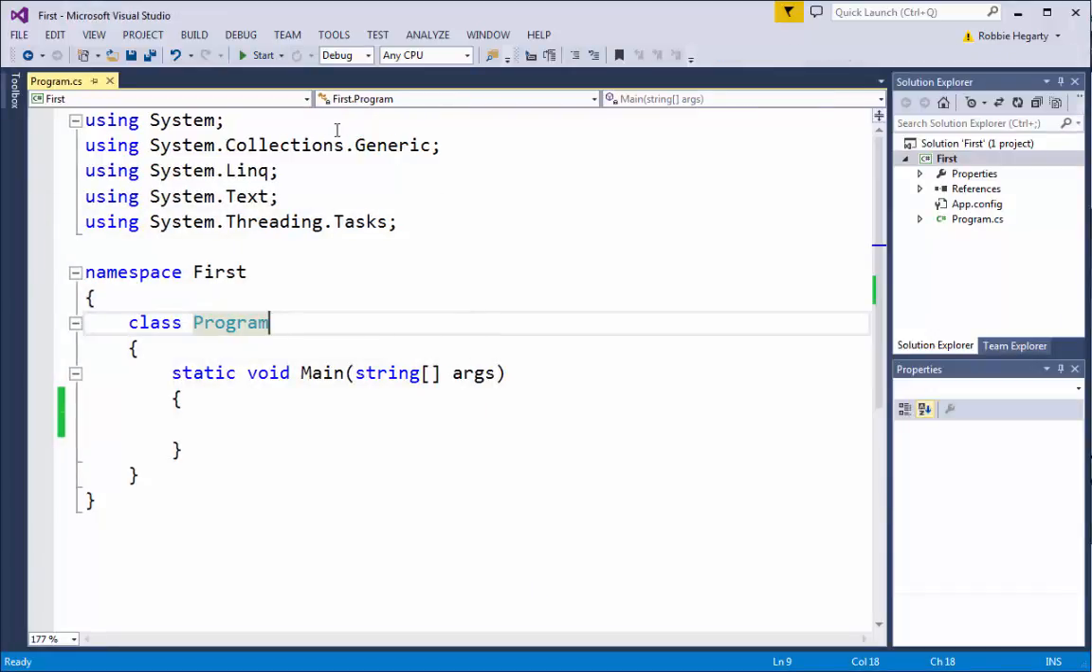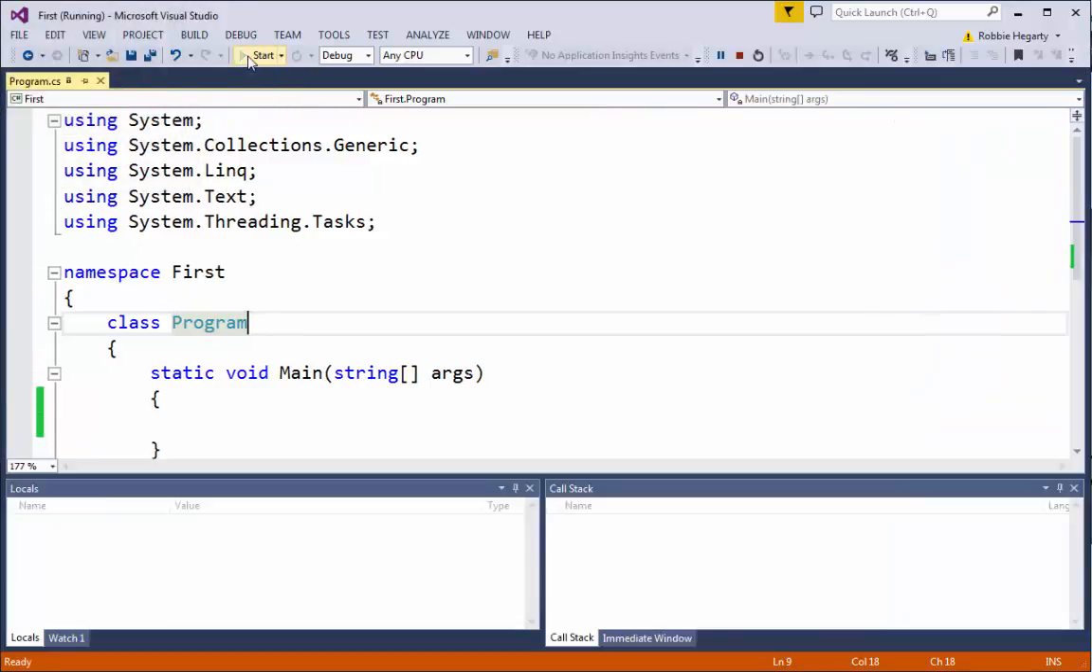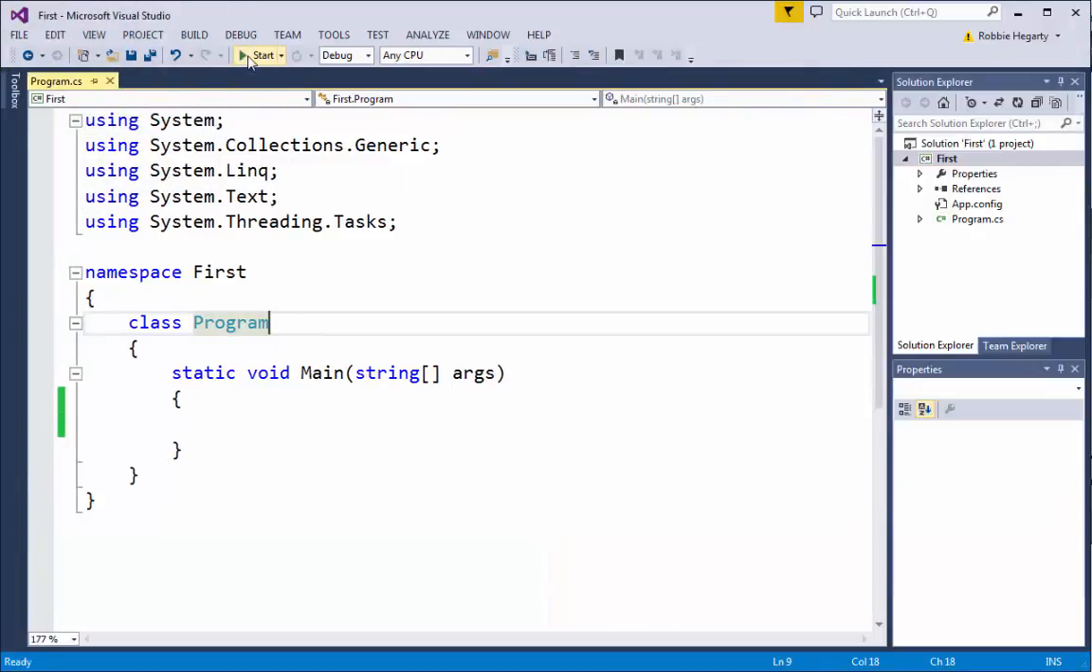Now, at this stage it looks like nothing happened, but if I run it again, you may have quickly seen a window flashing up there and going away again. So the program ran, there were no instructions, so it closed again. So in order to get that to a stage where we can actually see something, I'm going to put in